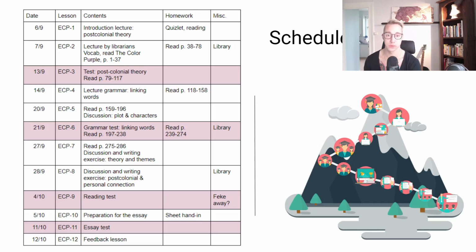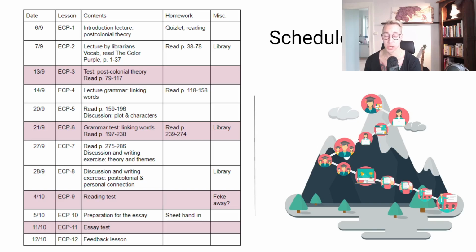The third lesson will be a short test related to the theory that I teach you today, and then we carry on reading. We will then, during the fourth lesson, have a grammar lecture relating to linking words. We will carry on reading, and here you see it says discussion, plot, and characters. So this is one of the bigger discussion sessions that we'll have throughout this